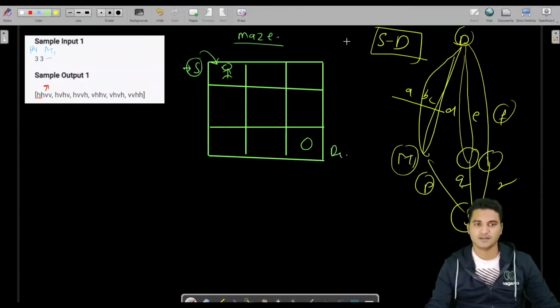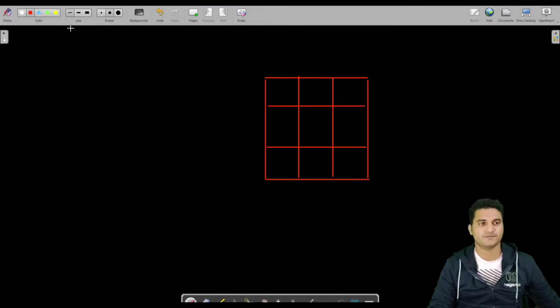How? Let us see. We will take one step further from here. We will take one step horizontally, and then one step vertically. So this is the grid: 1,1; 1,2; 1,3; 2,1; 2,2; 2,3; 3,1; 3,2; 3,3.